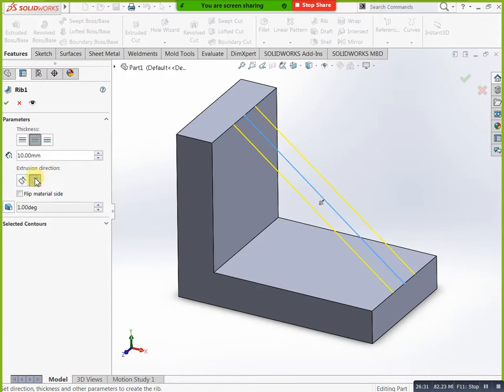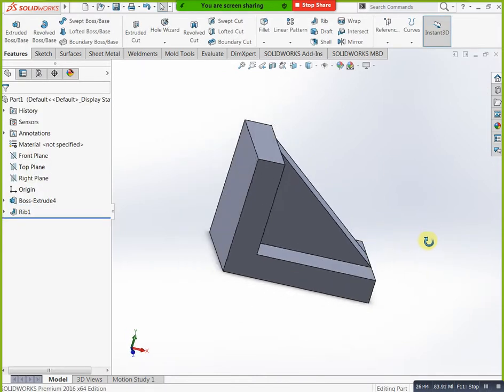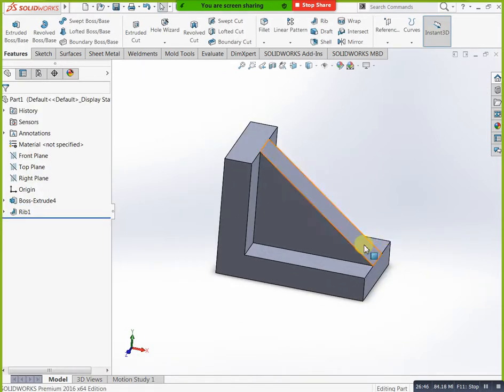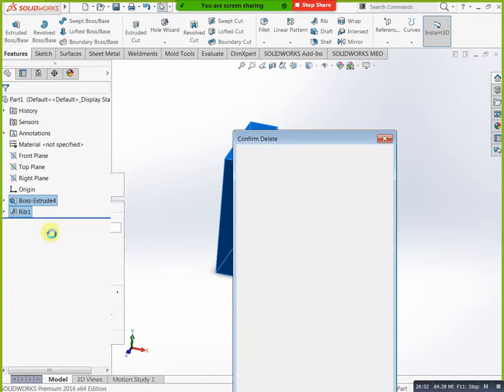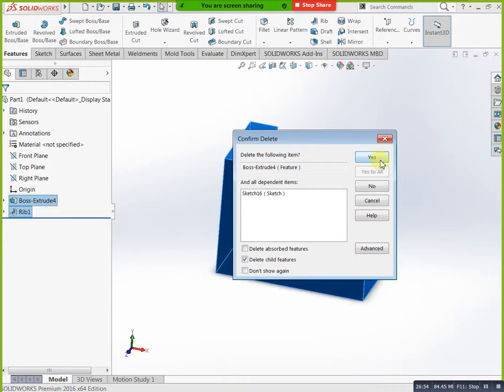I think the first one is rib condition. Already we completed this one. We can go for one more example. You can use this one.